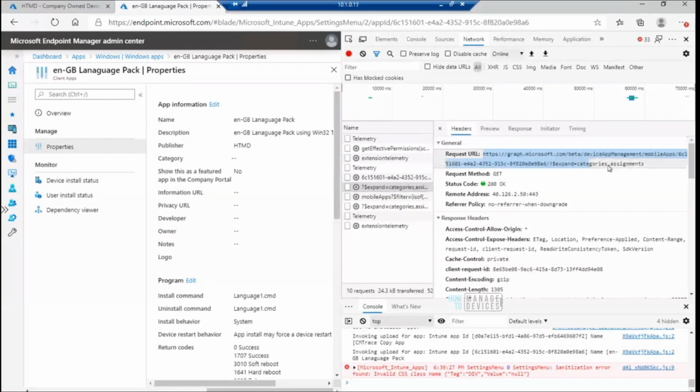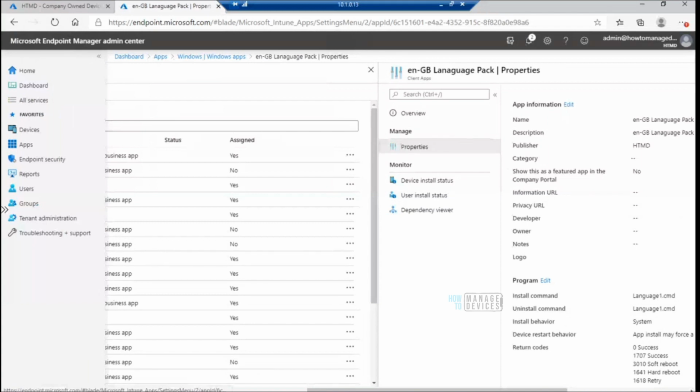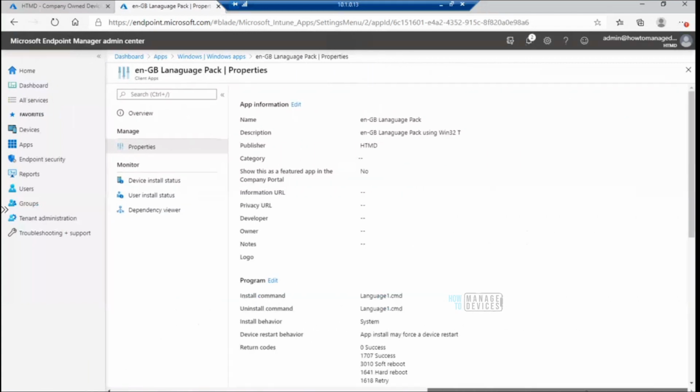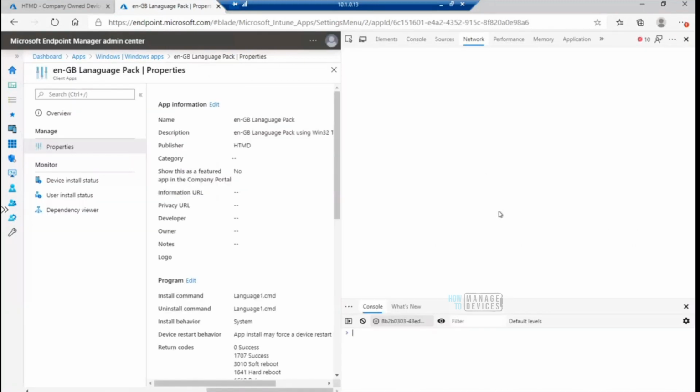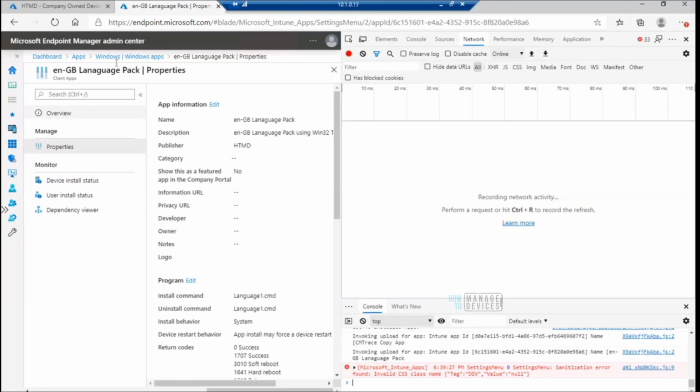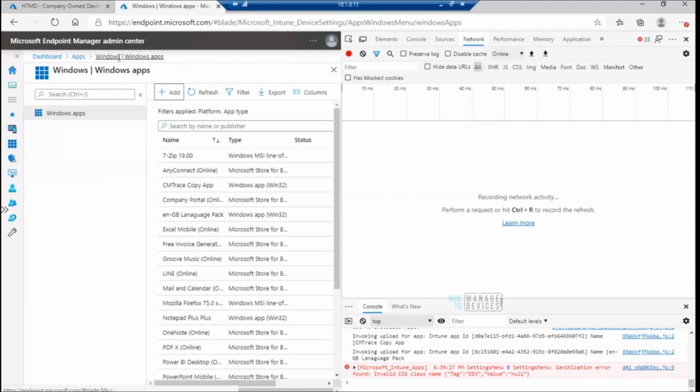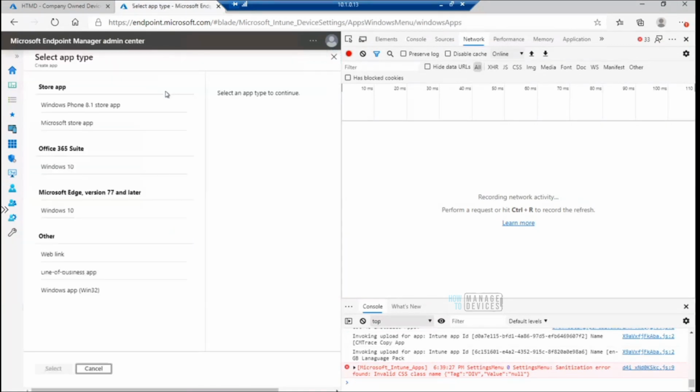So this is the URL which I was talking about. For Graph API, you can see graph.microsoft.com, beta, deviceManagement, those things. That would be helpful for you in some scenarios, so I just wanted to show that. It's just F12. You just need to press F12 from here, right? It will open up. Let me try that again, right? So F12, and if I go back and try to add an application,